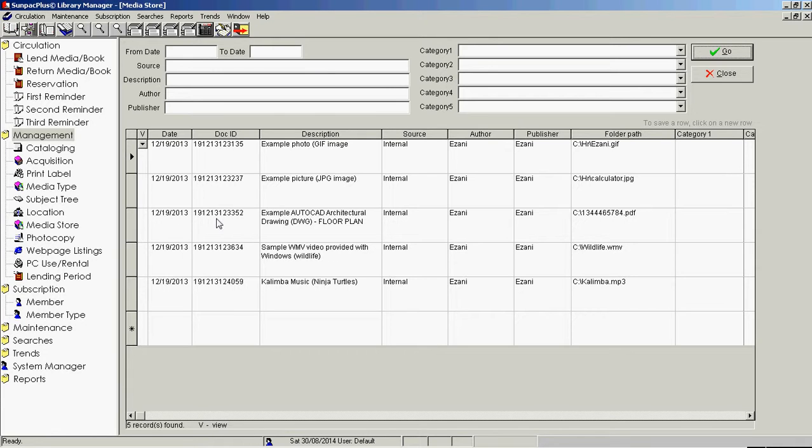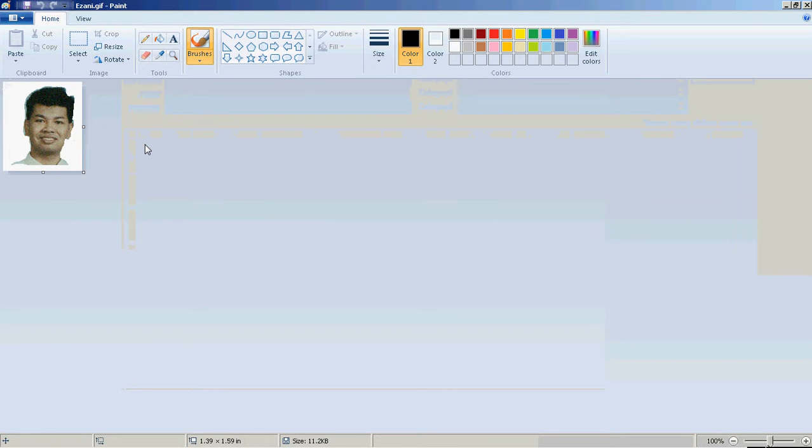So this is a particular, the first row shows a GIF image. So if I click on the first column here, V stands for view. It should open up the picture, and I'm able to see the picture, what it's about. It's opening up Microsoft Paint to view the image by default. And here, second row, I have another